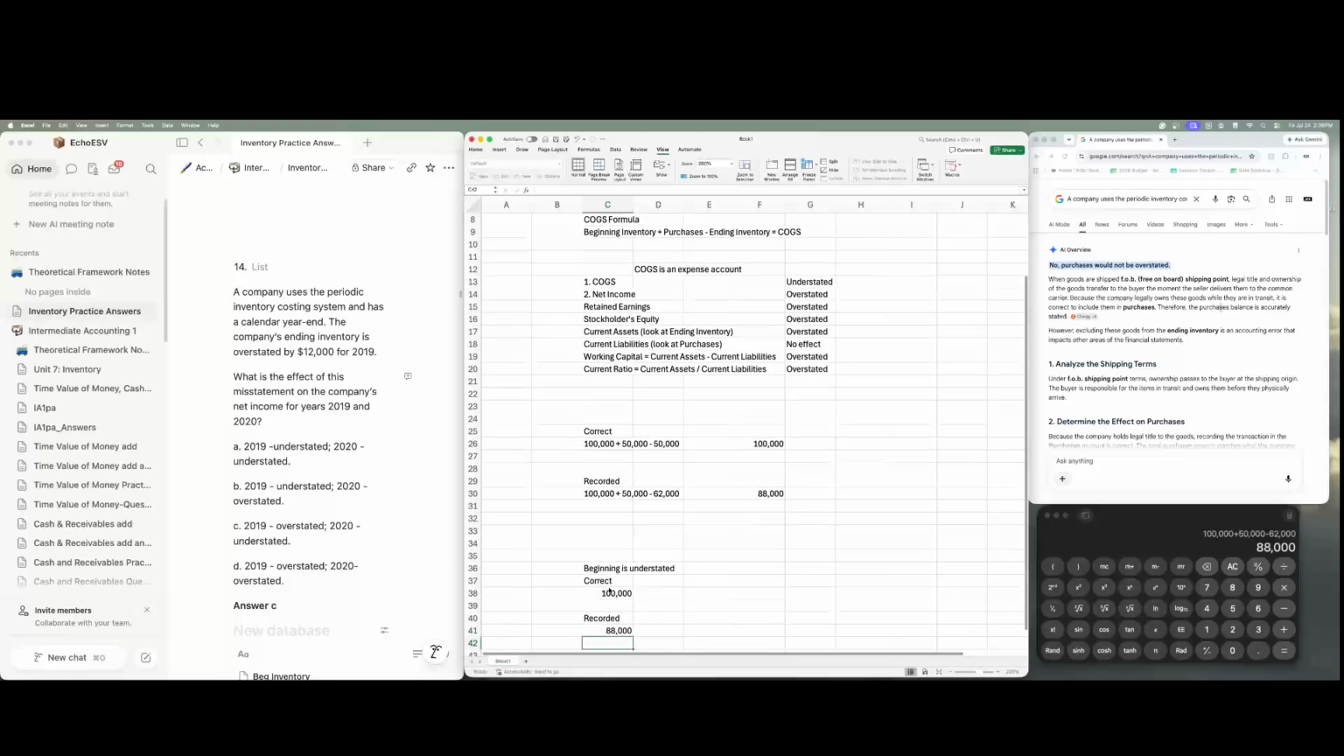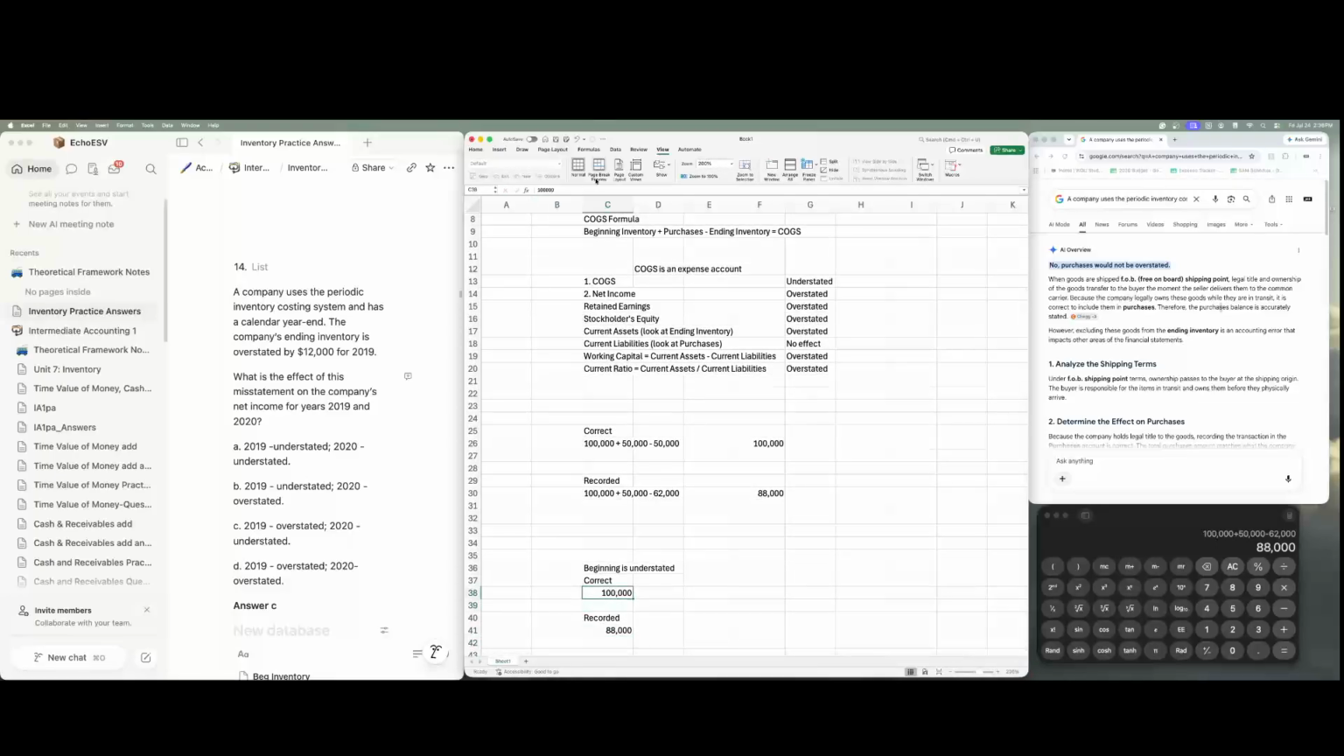So it's understated. Then let's say again the purchases were 50,000 and the ending inventory is 50,000. That's correct. But what was actually reported... for the next year, because of that understatement in the beginning inventory, the cost of goods sold for the next year